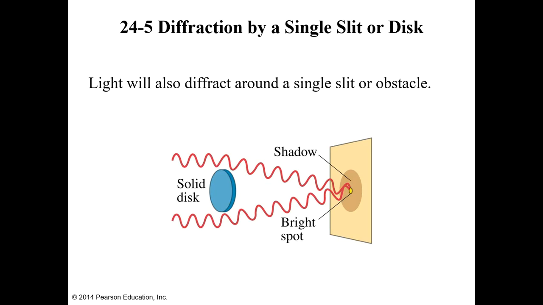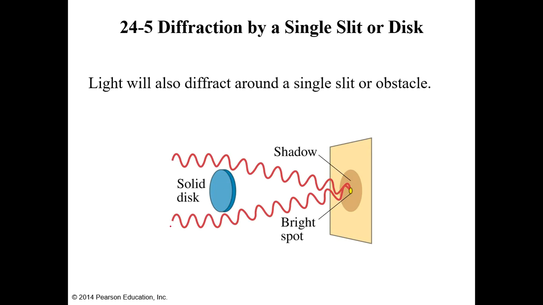Now, back before Thomas Young did his double slit experiment, there was a debate about whether light was actually a particle or a wave. And Thomas Young's experiment resolved that and said, yes, it is a wave. But before he came along, there was this debate where there was a scientist who argued that, yes, light is a wave. Well, there was another scientist by the name of Poisson who argued it can't be, because if